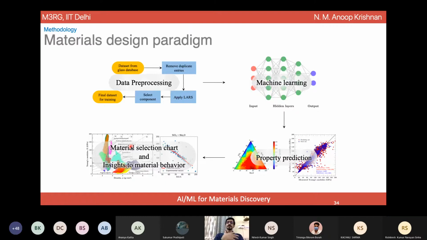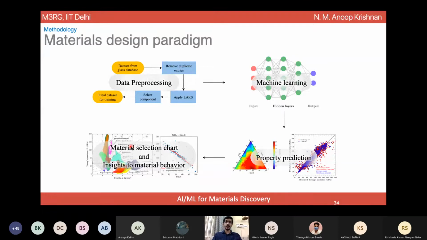Now, what are glasses? Glasses are essentially made of almost all the elements in the periodic table. So the easiest way to make a glass is you take beach sand, the sand that you get from the beach, you heat it to a very high temperature, maybe 1600 degrees Celsius or so. It becomes a molten liquid. You cool the liquid fast enough, it forms a glass. So all the glasses that you see around, and the glasses through which you are seeing me right now, are all made